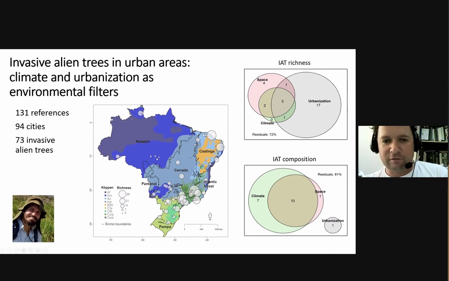So we have some data for the Amazon region, but not a lot. We also don't have a lot of data for the Cerrado region. Most of the information comes from the Atlantic Forest region, which makes sense because that's where most of the larger cities are located. And when we look at the relationships between climate and urbanization filters for invasive alien species richness and composition, we find that